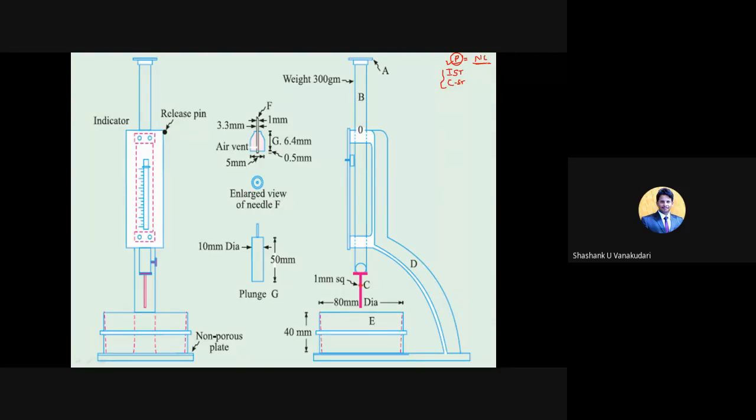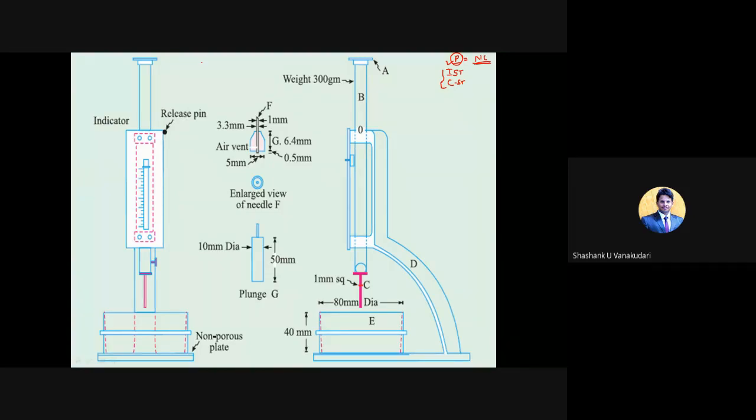So yesterday's procedure is very clear to you, right? Normal consistency is nothing but what? The amount of water required to make the standard cement paste, measured in terms of percentage. Clear? At what percentage you will get the standard cement paste, that percentage of water we need to find out in this normal consistency test. We add a known quantity of water by making several trials. First we conducted it for 25%, 26, 27, 28. We go on increasing by 1%, and we noted down the initial reading as well as the final reading.